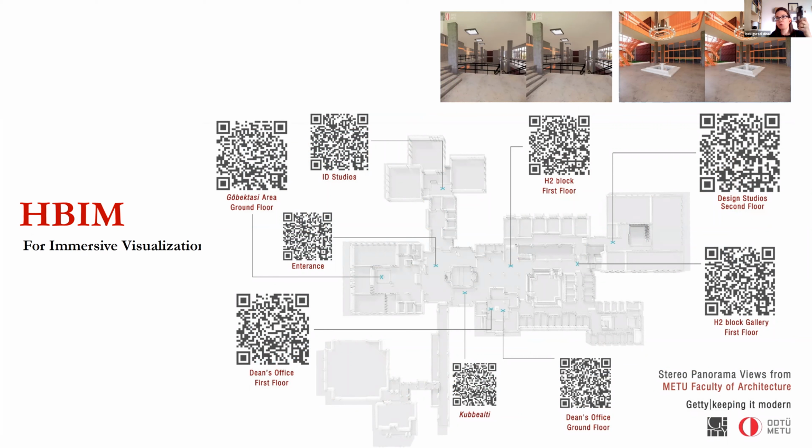I will request you to use your cell phones. Just take a picture using your camera of any of the QR codes and follow the link. You just need to open it in your web browser, and it will say, please tap the screen and enable device orientation. And if you do so, you will see the panoramic view of certain locations in our building, a total of 9 different locations from which you can view the environment from one single view.